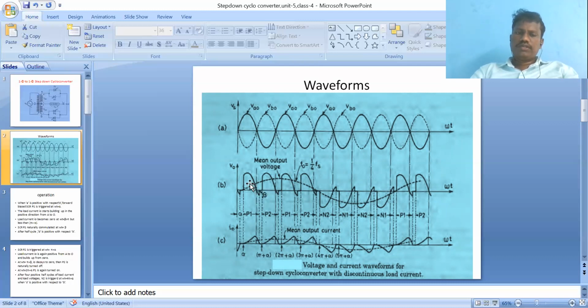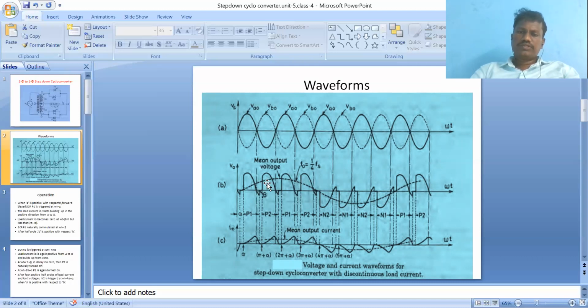So it is P1 during the positive cycle, that is VAO positive. VAO positive means A is positive with respect to B. Then VBO, dotted lines. VBO positive means B is positive with respect to A. So P2 comes in conduction mode after applying the firing pulses. So we are getting negative spikes due to the presence of inductance, the RL load. This operation is explained with respect to the RL load only, not the R load. Suppose it is an R load, there are no negative spikes. There are no negative spikes.